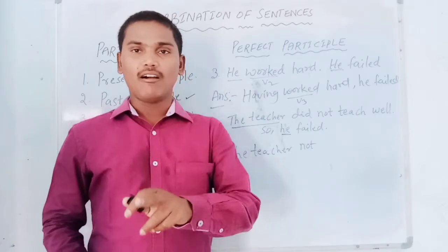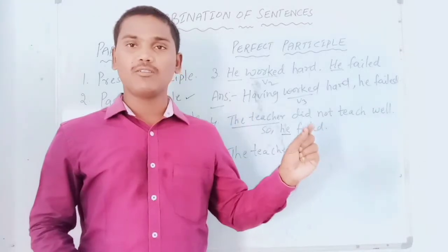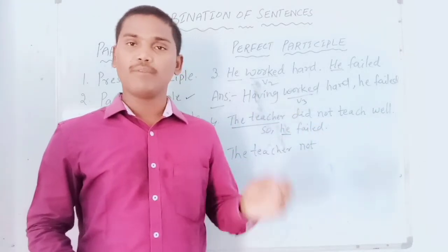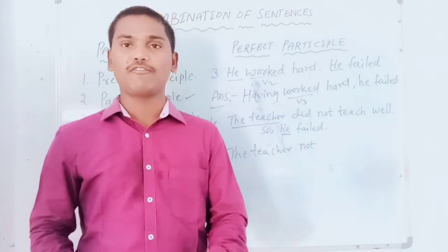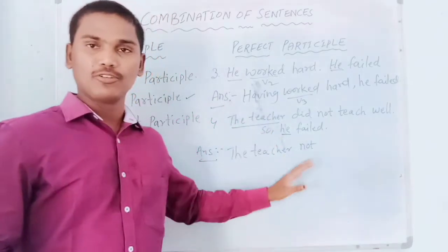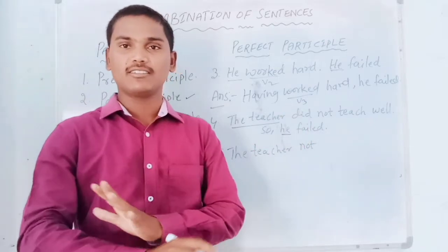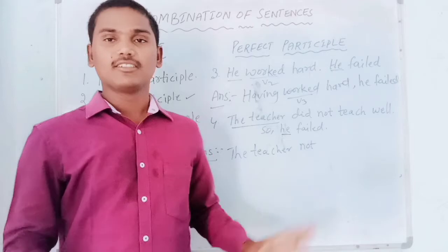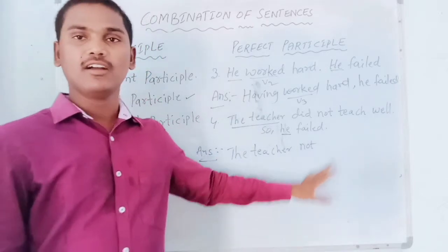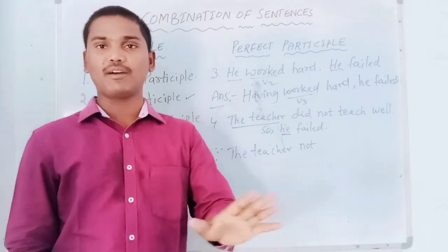Whatever main verb we get in a question, we don't need to think about it, because I already told you in active and passive voices. In those cases also, whatever verb we get in the active voice, we don't mind, but we must write the V3 verb form in the passive voice. In the same way we have to do it here. What kind of main verb we get in a question doesn't matter at all. We have to write having plus V3 verb form, because that is the rule in English when we join two sentences as a single sentence with the help of the perfect participle.